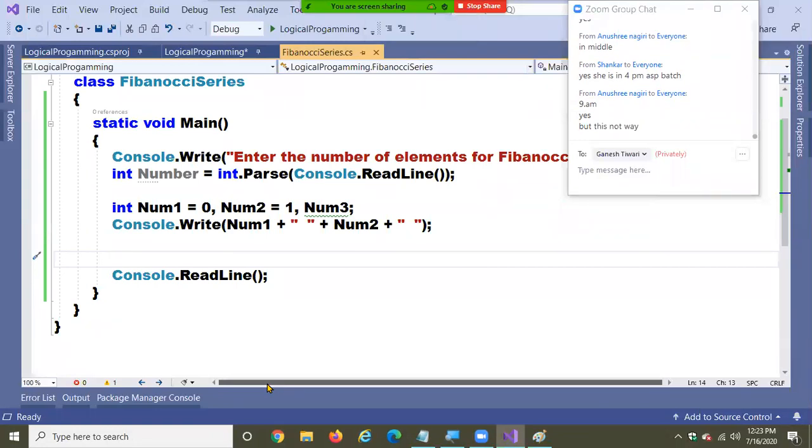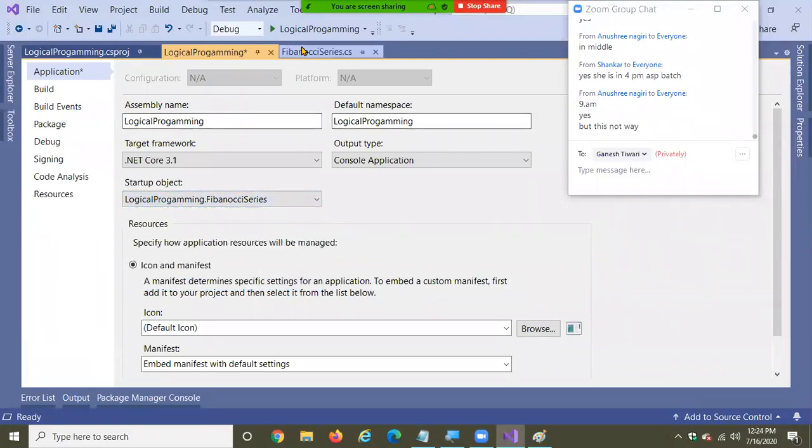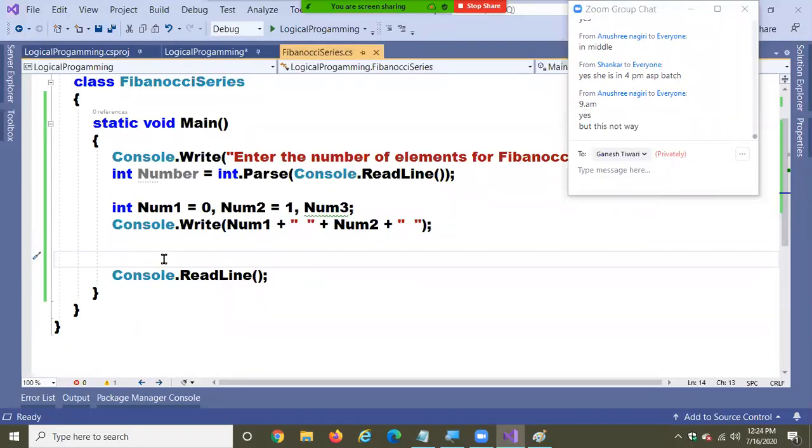I'm using a core project, and this is another style of doing in a core project. So same thing here: startup object, how do you set that? But I'm not using a framework project. I used a .NET Core project. In a core project, that's a different style of setting a startup object.